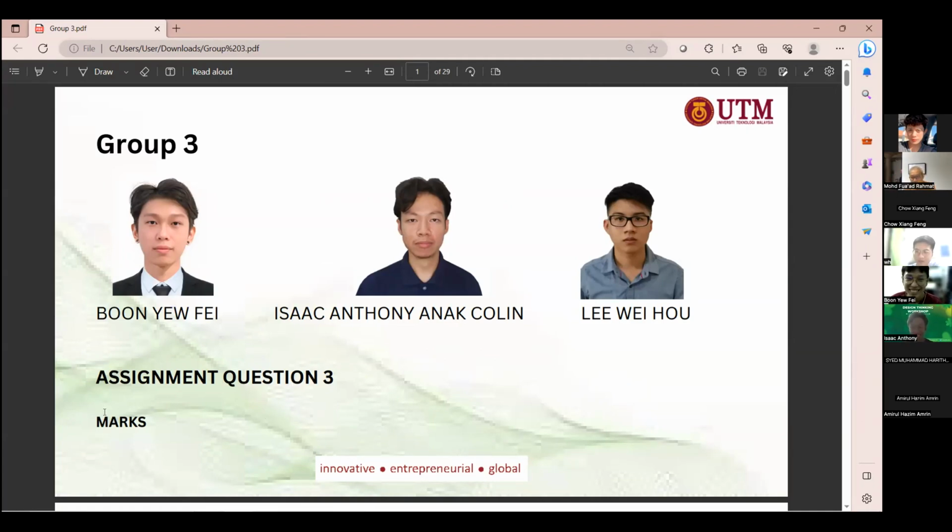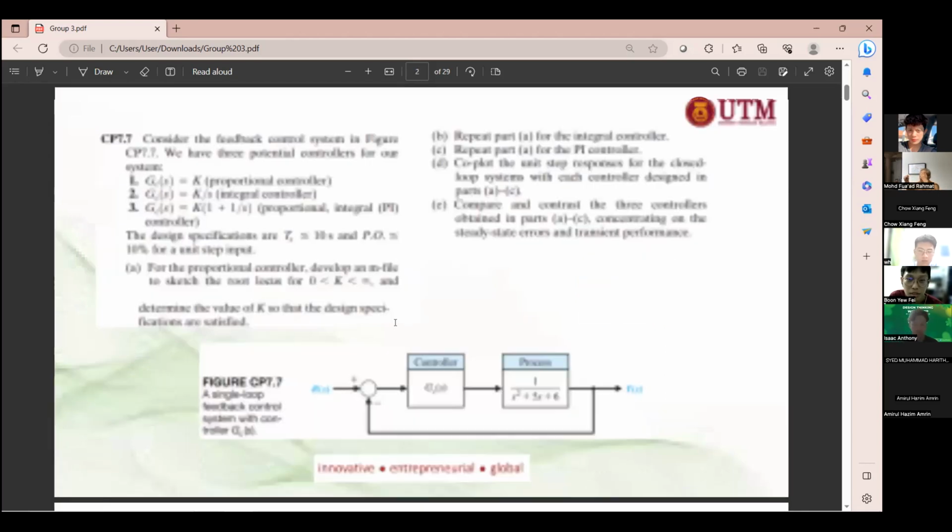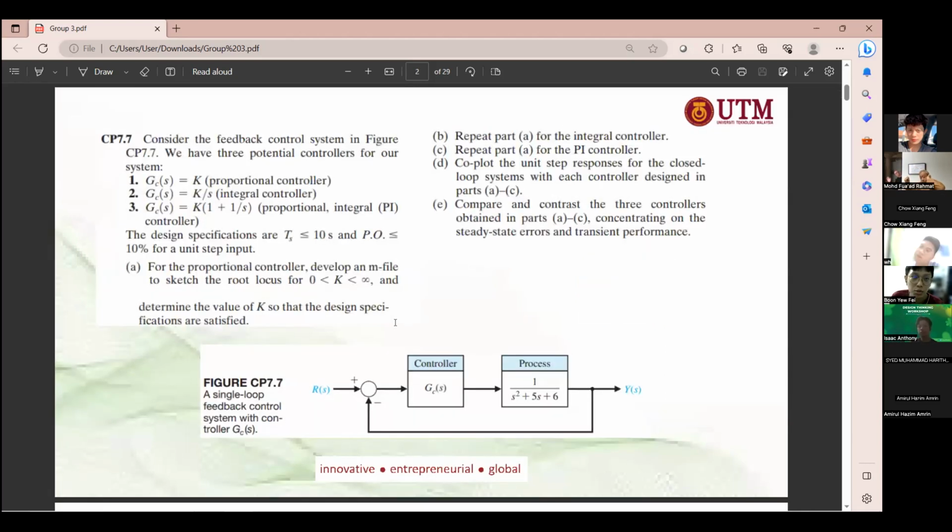Okay, so we are from group 3. We are doing assignment question 3. Okay, this is our question. There are 3 cases of the controller, which is proportional controller, integral controller, and proportional integral controller. For these 3 cases, we are going to design for these specs: settling time under 10 seconds and percentage